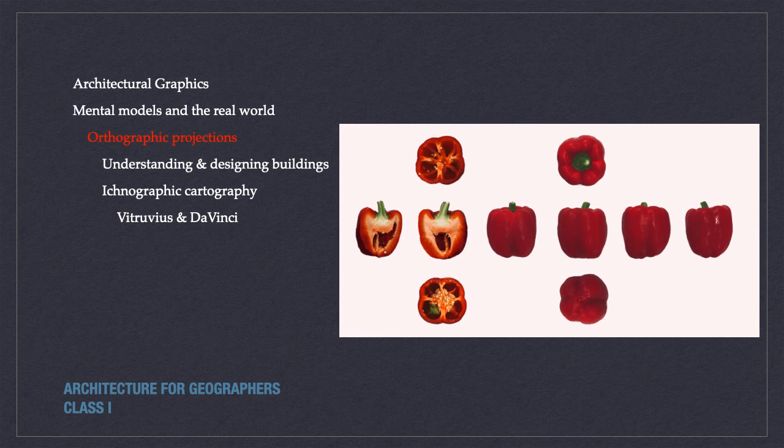Next, we have the 4 elevations of each side: left, right, front, and back. Normally, building elevations will be labeled by the compass points for which they face. For example, the north elevation faces north, and is the one that's in the shadow the most time in our hemisphere. On the bottom right is an image looking up underneath, the bottom of the object. This is something that architects don't draw. We don't look at the bottoms of buildings.